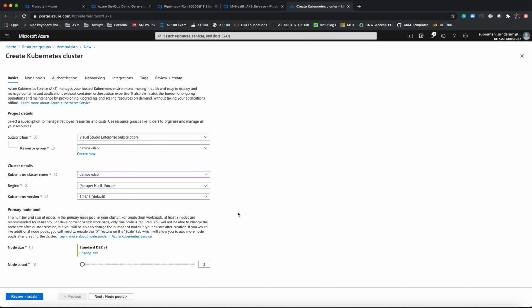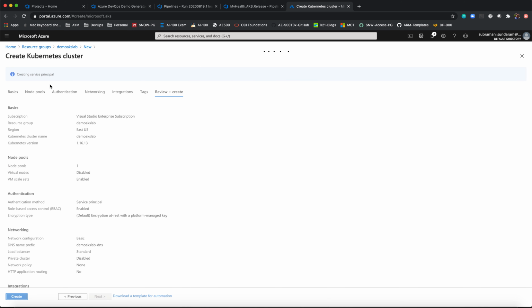Okay, the name is available, and then I'm choosing the region as East US, and let the Kubernetes version be the default, and the node count by default is 3. Let it be like that, and I'm not changing anything else over here. I'm just clicking on review and create. Once the validation is successful, it creates a service principal and runs the final validations. Once it is created, we will have our AKS cluster on our Azure portal.